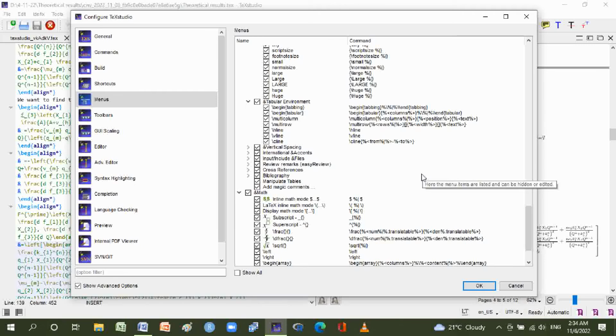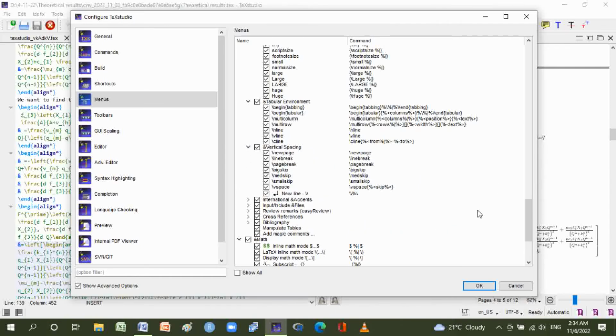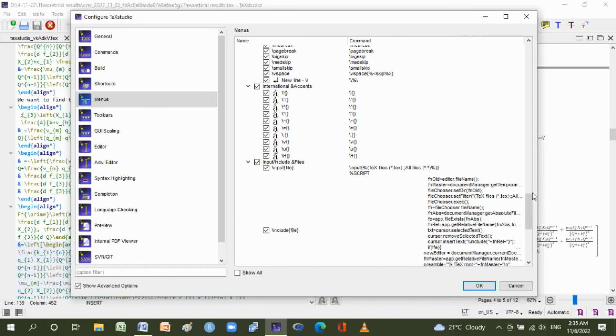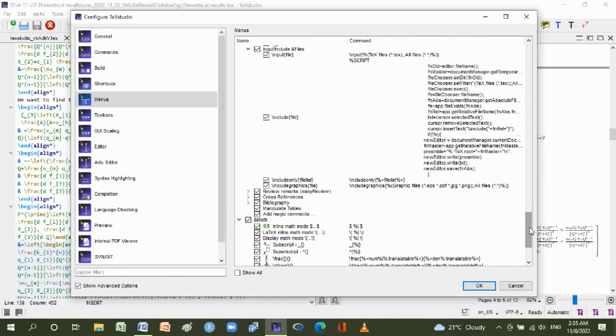There is a tabular environment: begin tabbing, begin tabular, multicolumn, multirow, hline, vline, cline. Vertical spacing is also available here: newpage, linebreak, pagebreak, bigskip, medskip, smallskip, vspace, and newline. Here are international accents also available. Import and include files are also available, in which we see include file, include only, flushleft, include graphics and